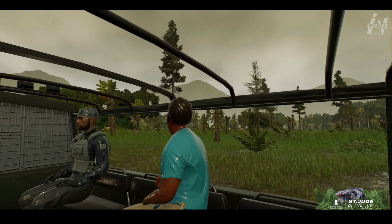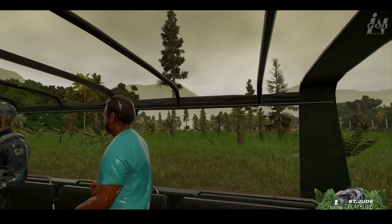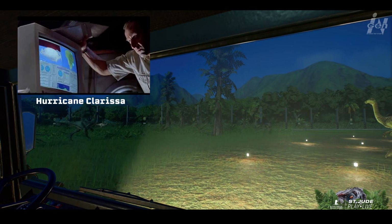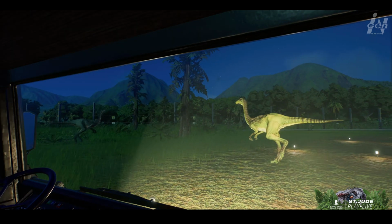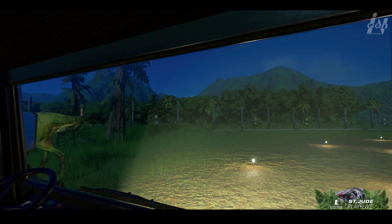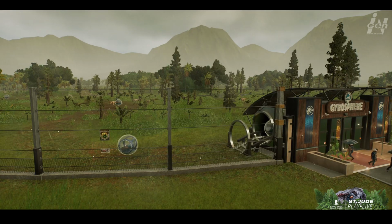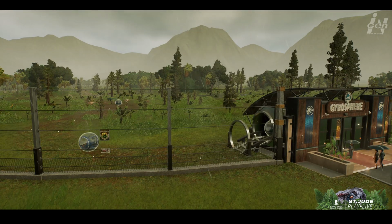After the events of the original Jurassic Park, the Gallimimus population on Isla Sorna saw a shift. When Hurricane Clarissa struck, injured personnel evacuated, leaving many dinosaurs, including a group of about 20 Gallimimus, behind. These Gallimimus were able to roam freely across Isla Sorna, where they shared their habitat with other herbivores like Mamenchisaurus